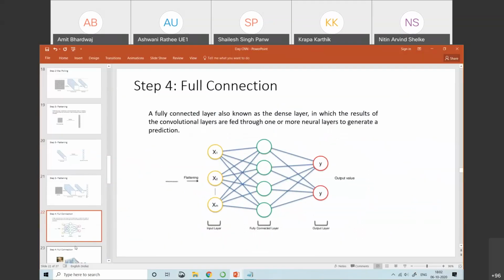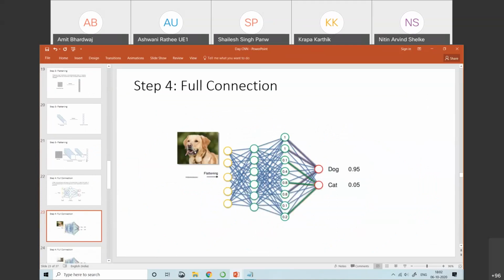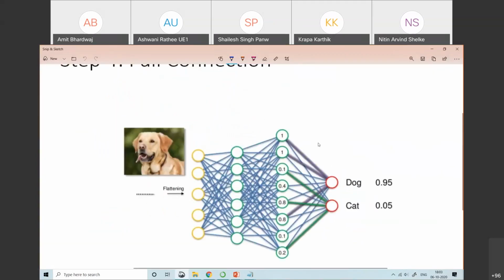Now, as a part of full connection, when we supply the dog image, we analyze the probability of the dog being classified. When we supply the dog, it travels through this network. Observe this node, and these features play an important role.